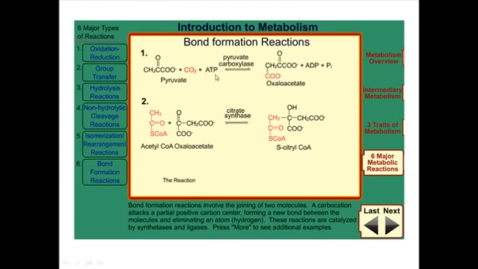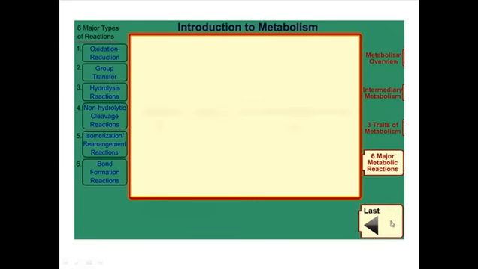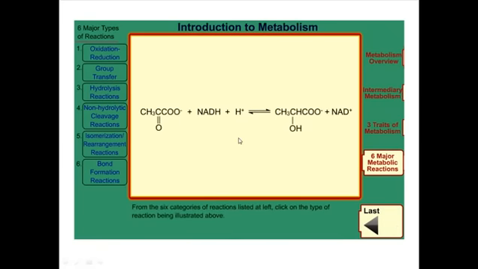In all these types of reactions we are forming bonds between one another, because as we know, chemical bonds form when molecules want to be stable, and they can form bonds with themselves to become stabilized. So this is, in a sense, an overview of the metabolism, and I hope that's going to help you. Thank you.